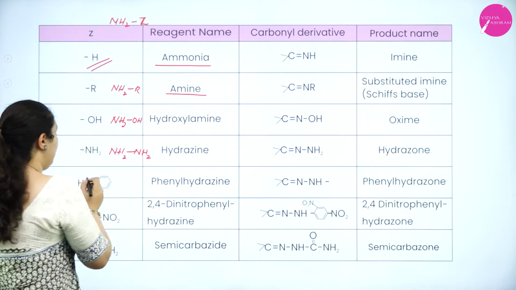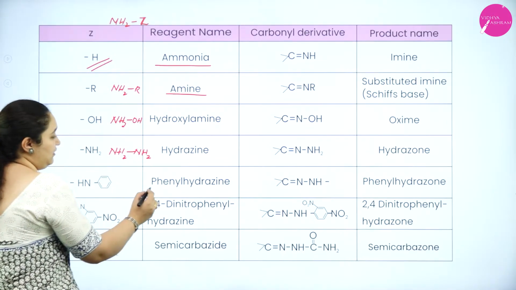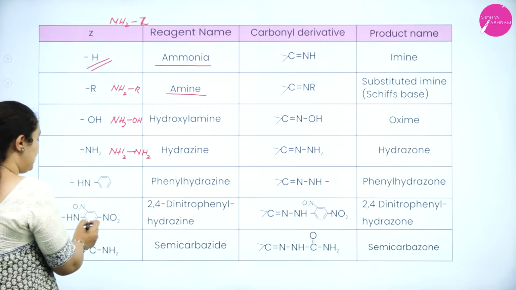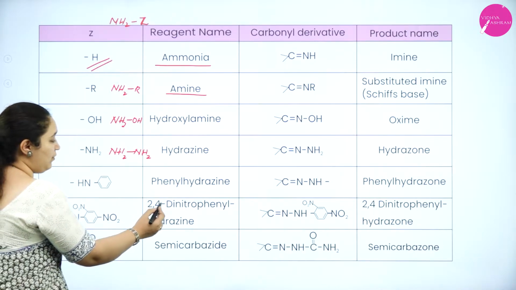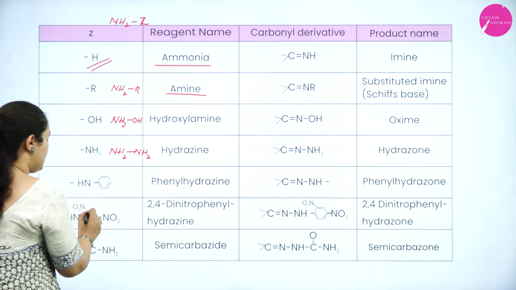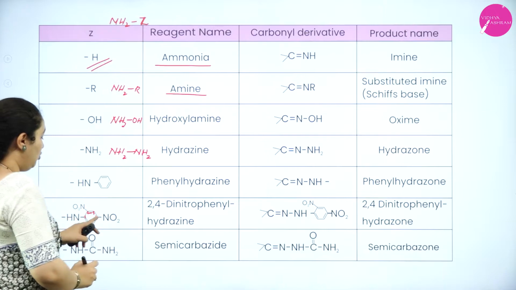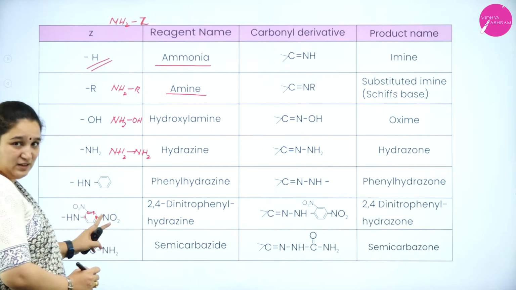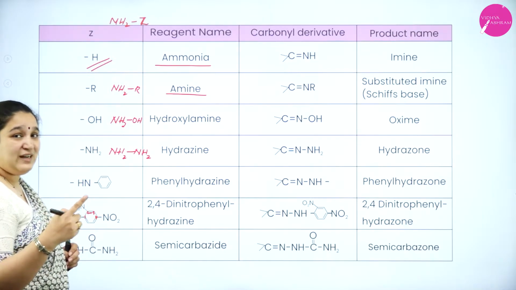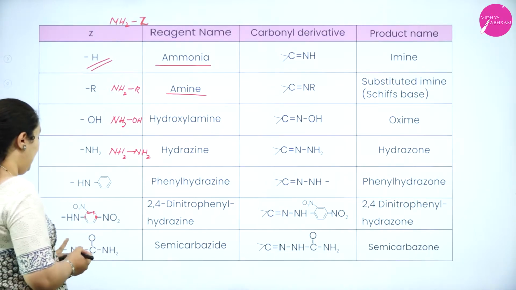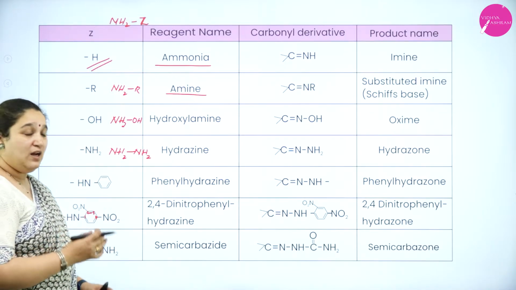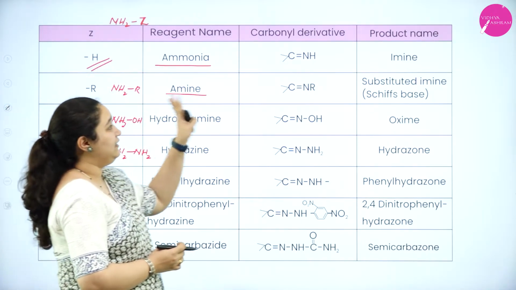Similarly, if the Z group is NH with a benzene ring, then it is phenyl hydrazine. Then if it is NH with a benzene ring with two NO2 groups, that is 2,4-dinitrophenyl hydrazine. See, why 2,4? This is first, second, third, fourth. So the two nitro groups are on the second and the fourth carbon atoms. So it is 2,4-dinitrophenyl hydrazine. And if the Z group is NHCONH2, it is semicarbazide. Okay. Now, when these react, what is the derivative we get